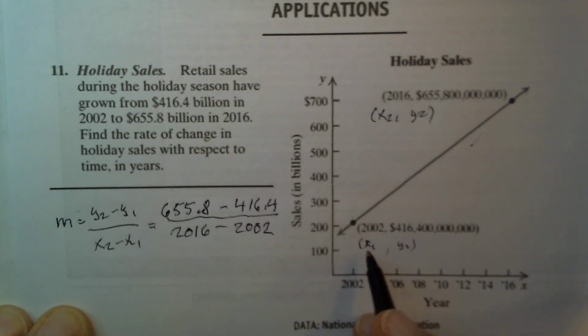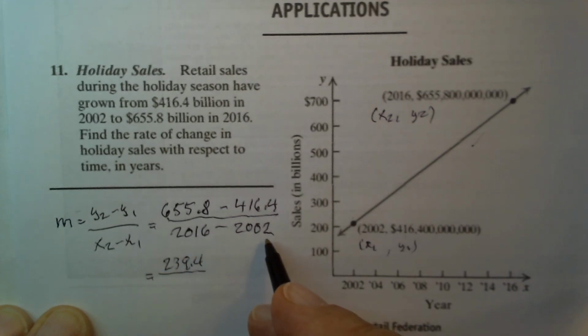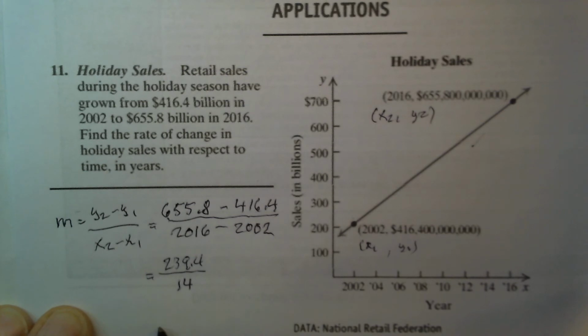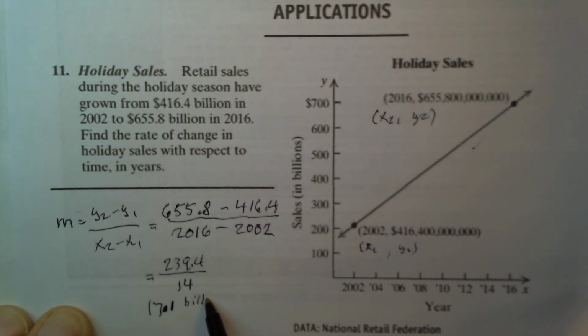And that's equal to 239.4. And 2016 minus 2002 is 14. So then the answer is $17.1 billion